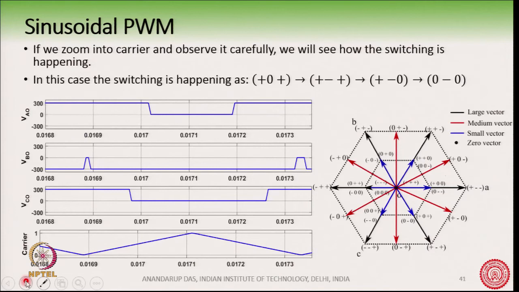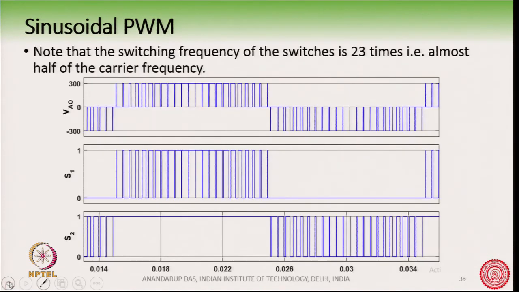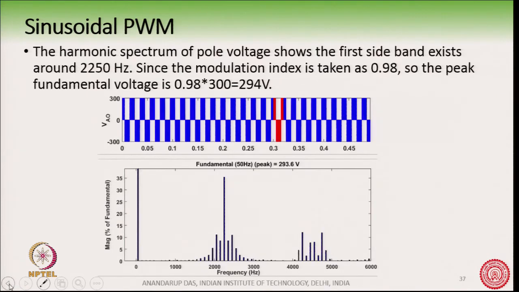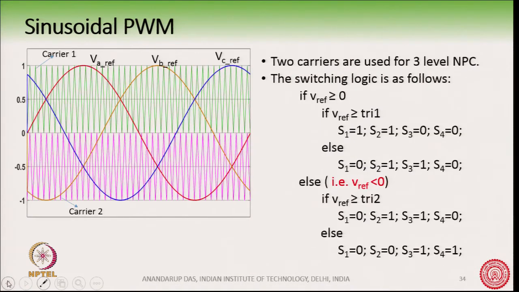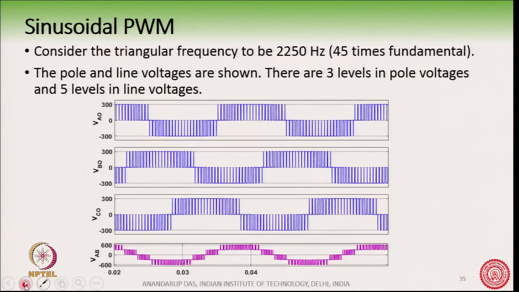Now, we can also see one more important switching pattern here by zooming into one carrier. If we zoom into one carrier, suppose this is where, so if we go back, see the carrier waveform. See, if we zoom into one small carrier anywhere, then we will see one interesting observation. So, what we will observe here,